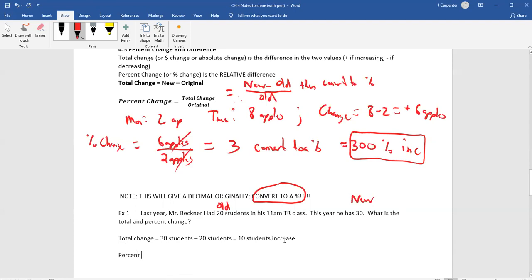The percent change, this is the change relative to what we had originally. So again, that formula is the total change, which we just found. You can't do percent change until you have total change. So it's the percent change, I'm sorry, it's the total change divided by the original. So this is going to be a fraction. And it's the total change, which we just calculated as 10 students. Use your words, put the number up there as well. 10 students